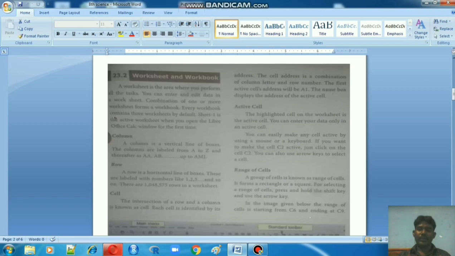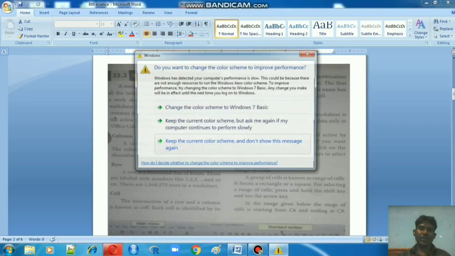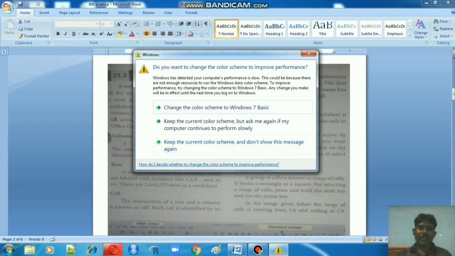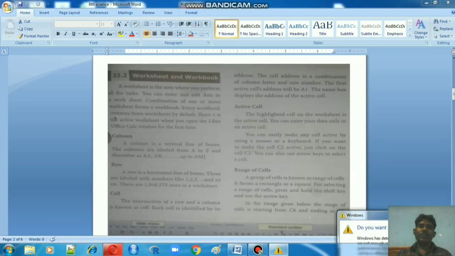A worksheet is the particular page or place where you are entering and editing information. Now you will know the difference between a worksheet and a workbook. We will see it in a practical session also.